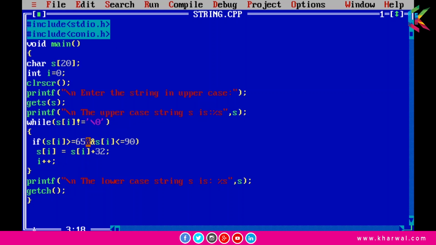Once we have done that, we will print this lowercase string by using this printf function.